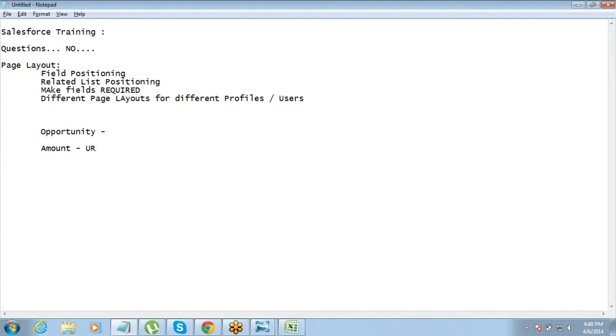Universally required means it is required every time. Without a value for this field, the record cannot be created in that object. Fine. Every record should have this value for this field. Got it? The other option of making it required is through page layout. So when you are doing it through page layout, what happens? It becomes required only on the page layout. So if some field is required on the page layout, you can still go and do a backend upload without putting a value for that field.